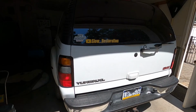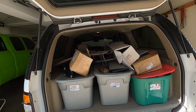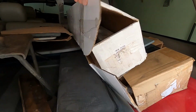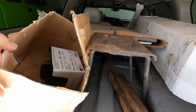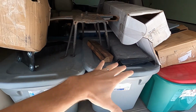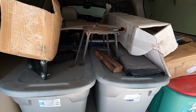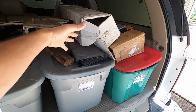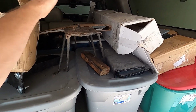Stay tuned. We've obviously made it home here. It was dark, so it was the next day or two. But as you can see, we opened the Yukon up and we are chock full of brand new parts. Most of these, there's a brand new chrome steering column, new door panels. Some of the stuff I don't even know what it is. We're gonna have to sort through. There's bins and they're just chock full. So we need to get this unloaded, do an inventory, and I just realized I never actually showed you guys what we got yet. So the vehicle obviously came with a lot of parts. It is an old vehicle. There's a spare tire carrier, might give it away a little bit, but